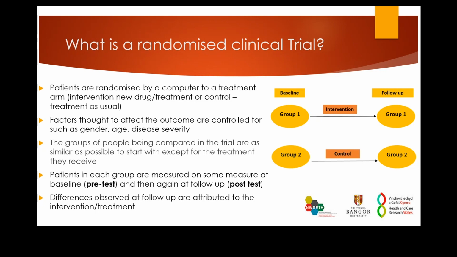So the participants are allocated to a group and data is collected from them at baseline. They then receive whichever treatment they were allocated to for a certain time period. And after that treatment has been conducted, they will gather data again at the follow-up for the participants. And differences at the follow-up are analysed, and any observations made or differences seen are attributed to the treatment that they had.